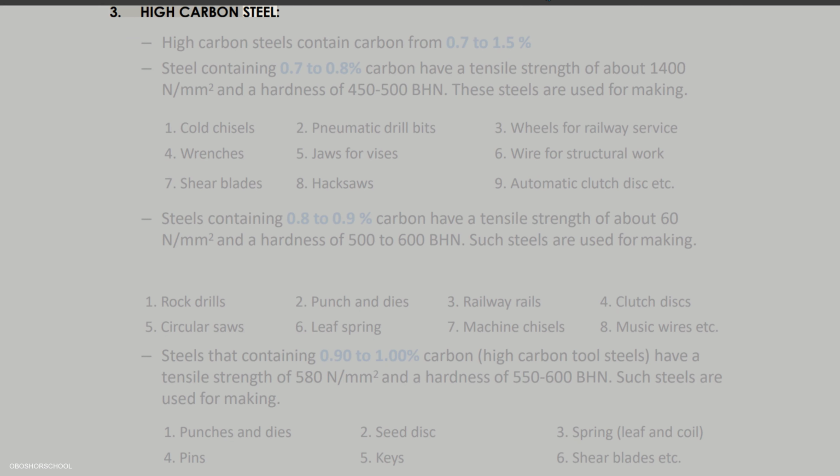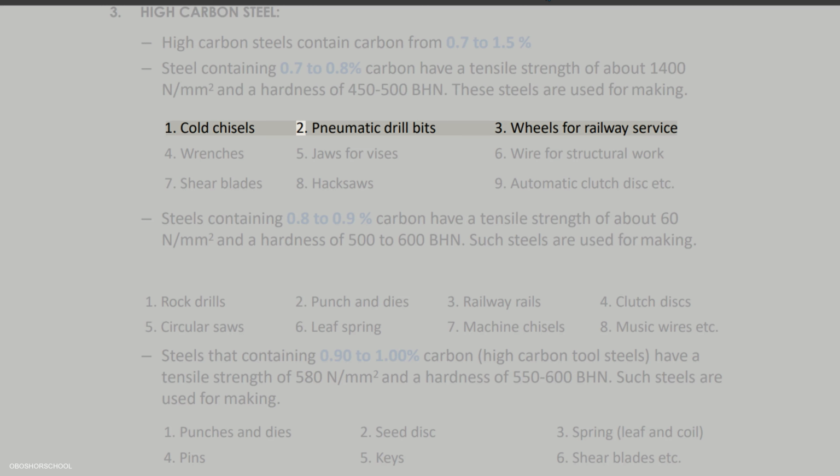3. High carbon steel. High carbon steels contain carbon from 0.7 to 1.5%. Steel containing 0.7 to 0.8% carbon has a tensile strength of about 1400 N/mm2 and a hardness of 450 to 500 bhn. These steels are used for making: